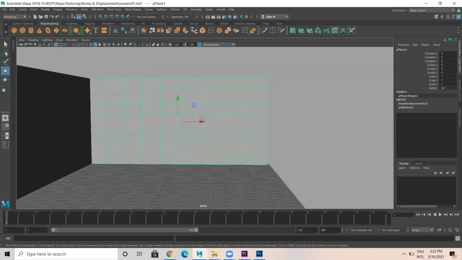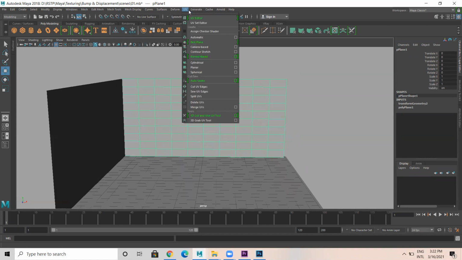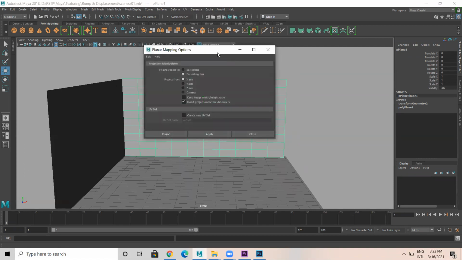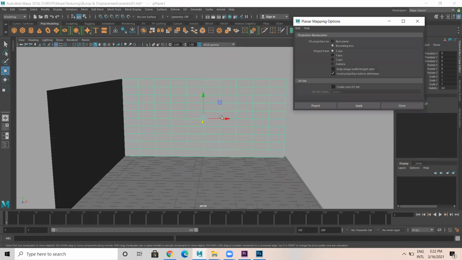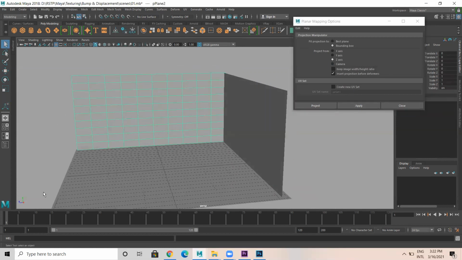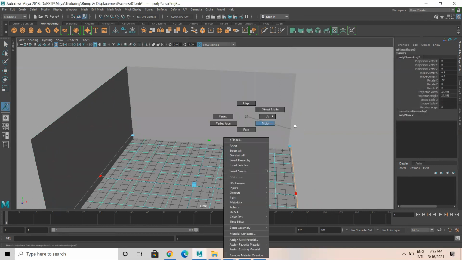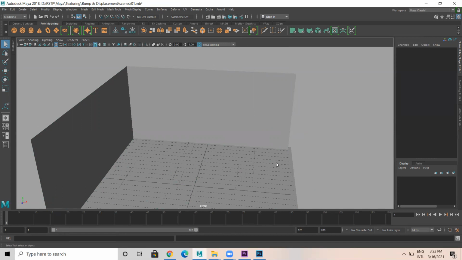Now I'm selecting this. I need to unwrap this in which axis? This plane we need to unwrap in which axis? UV planar. So which axis is this? You have to see here, this is the Z axis. I'm going to unwrap this in the Z axis, and see the center axis here, it is the X axis. I need to unwrap this in the X axis, and this obviously in the Y axis. Okay, we have unwrapped this tree.